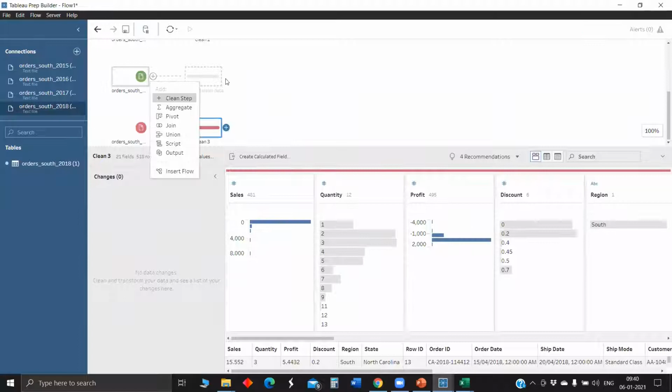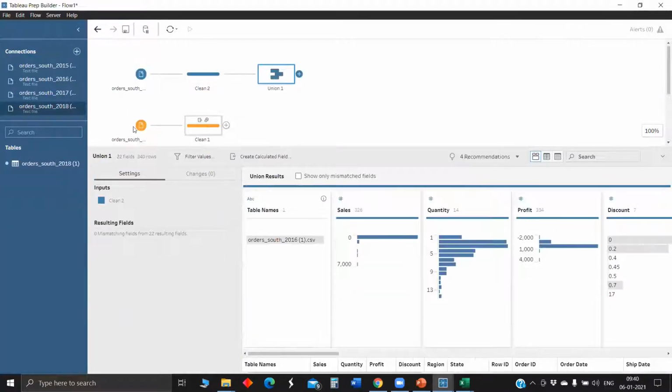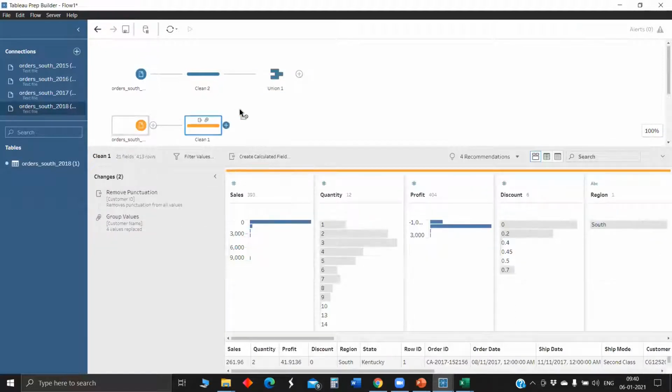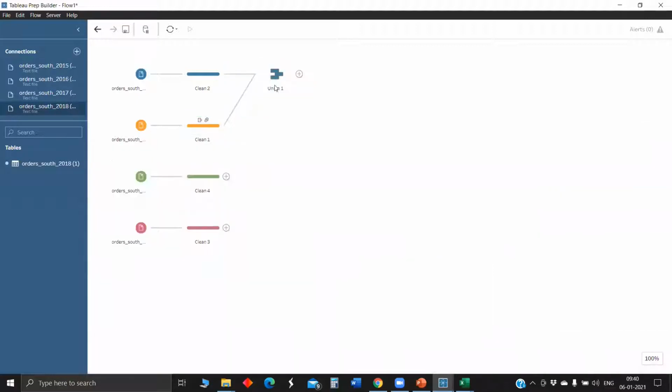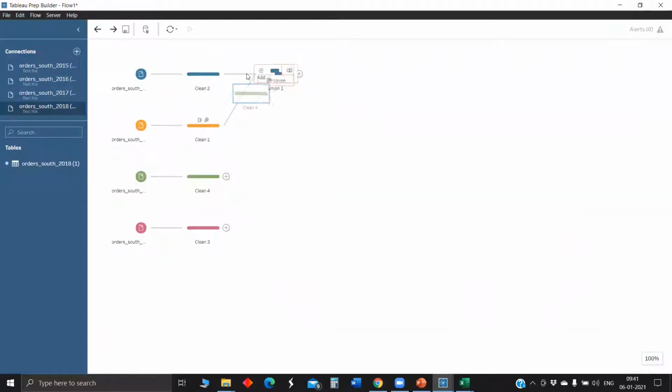So now we will add a union. In order to union this Order 2016 with that, directly drag it. Instead of dropping on the union itself, just use add. In that case, this data source will be added to the existing union. If you drop it on the union, a new union is formed with the existing union. Right now I'm dropping it on the union, which is displayed, so Union 2 will develop with this. To avoid that, while dragging, be conscious and pull it near the add, so this data source will get added to the existing union.